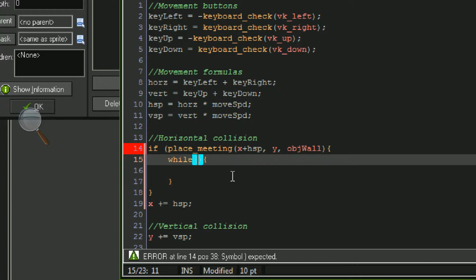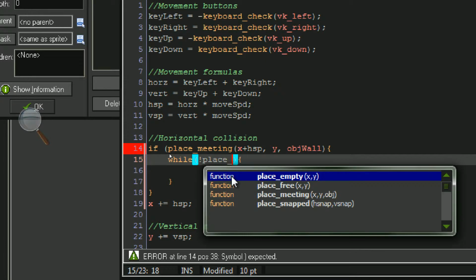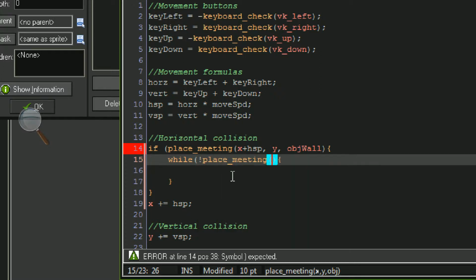So while not place_meeting, the exclamation point means not, so if this condition is not true,